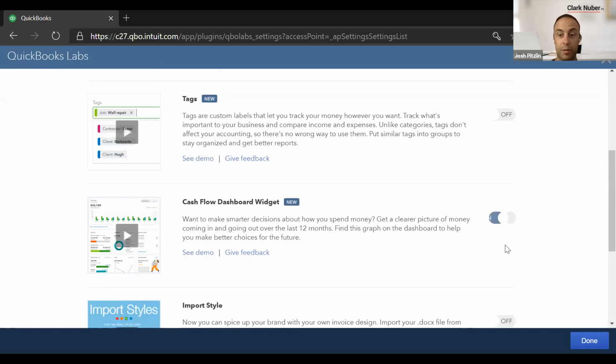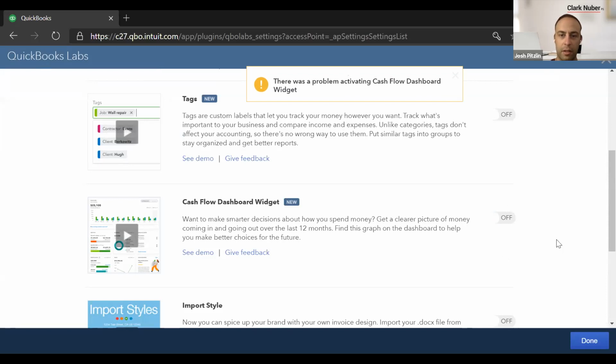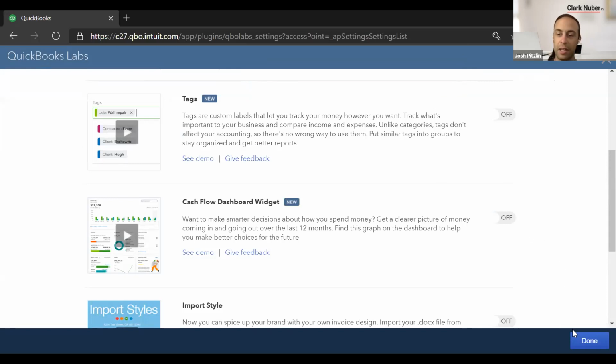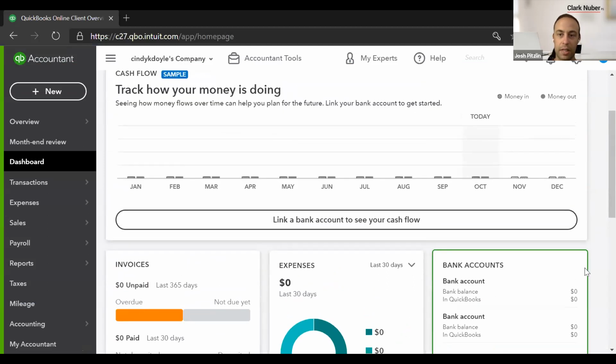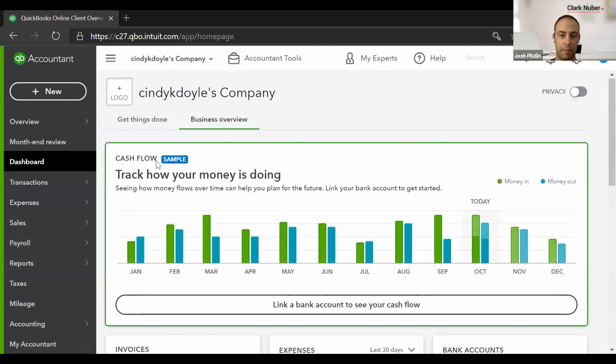So all you need to do is flick it on, and I think there's a problem because I already had integrated it and then I turned it back off. So it actually is showing up in my QuickBooks. So this is what it looks like. And right now this version of QuickBooks doesn't have a bank account linked to it. So that's why it's giving me a notice to say, link your bank account and we can show you the information. But this is an example of